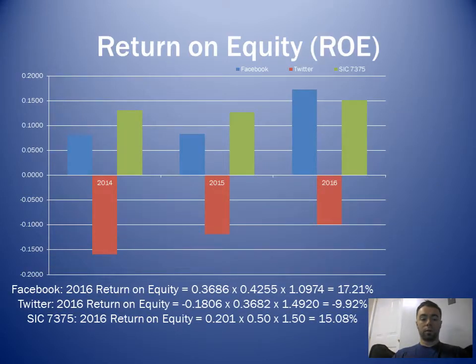Through the product of all of these components, Facebook maintains a strong position within their industry for return on equity. With industry trends moving upward, Facebook and Twitter are seeing similar trends themselves. In Facebook's instance, the large increase in return on equity in 2016 stems from a combination of increases in profit margin and asset turnover ratio. As long as sales continue to increase at a slightly greater pace than assets, I expect to continue to see steady increases in these categories.